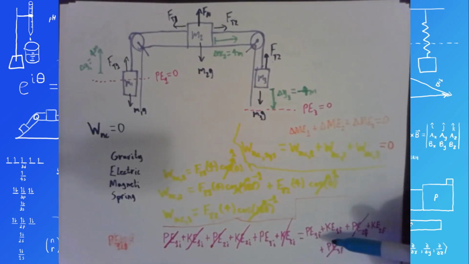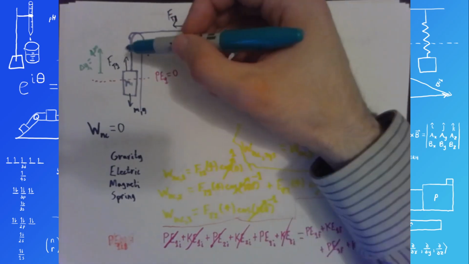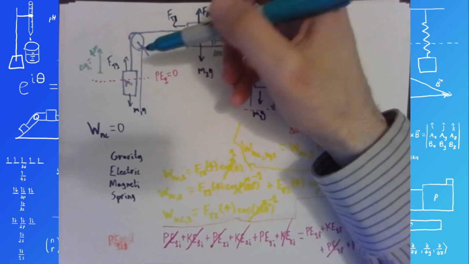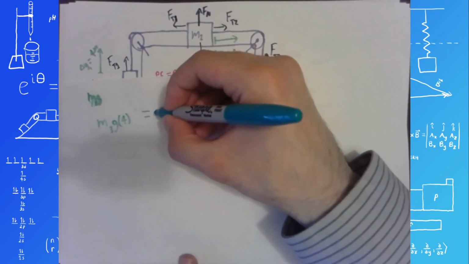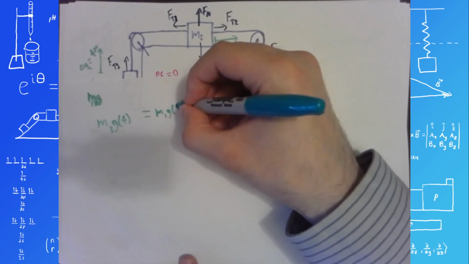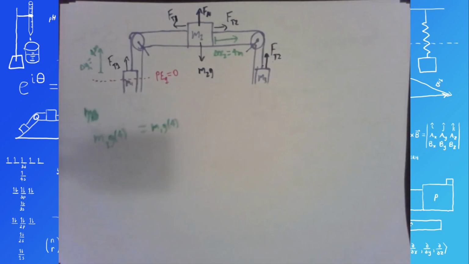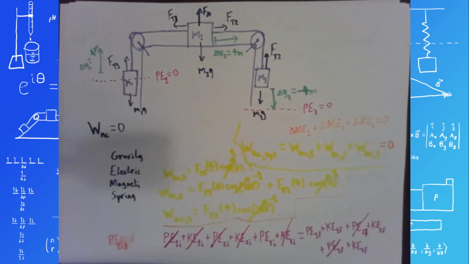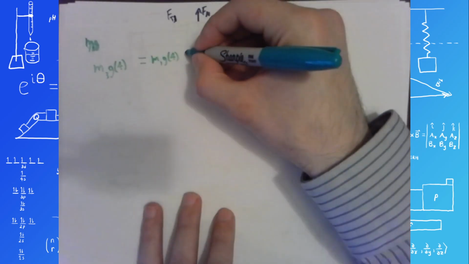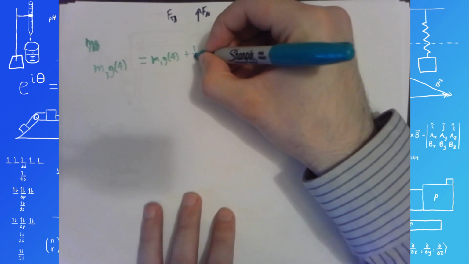Let's see, potential energy 1 final. So that's going to be 4 meters above the 0 line I've defined for it. So that's going to be m1g times positive 4 meters higher than the 0 line I've defined for it. And then plus a whole bunch of kinetic energies. So plus 1/2